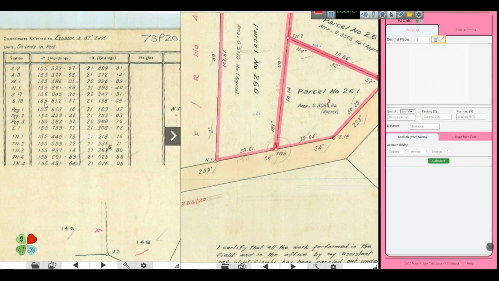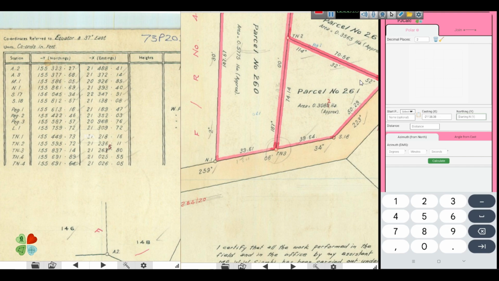From the table, we have the easting, which is negative 21,138.08. After the easting, we input the northing, which is negative 155,512.57. Okay, once we have input that, we move to the next step, which is the distance. The distance from S18 to N1 is 39.64 plus 39.61, which added is